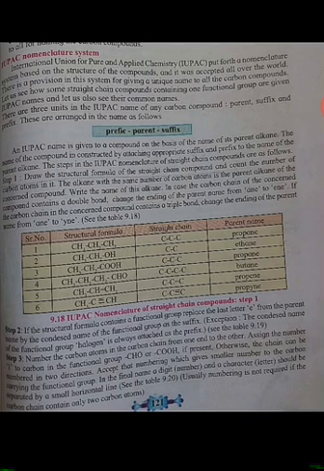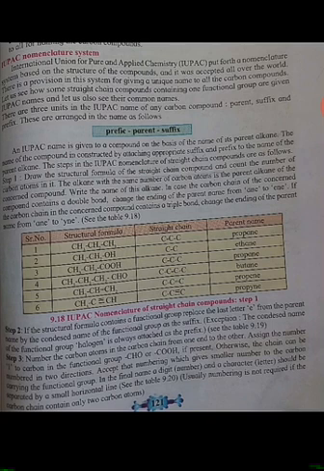And in the last example, the structural formula is CH3 dash C triple bond CH. Here there are three carbons present, so in a straight chain it is C-C triple bond C. Here also there is a triple bond, so the parent name will be changed. The basic name is propane, but because of the triple bond, the parent name is propyne. The last ANE is changed to YNE.